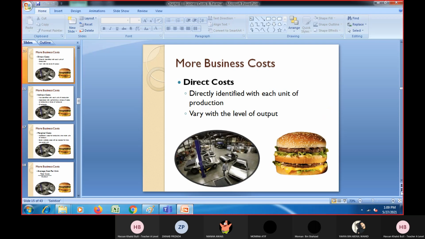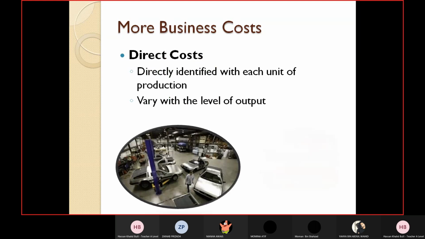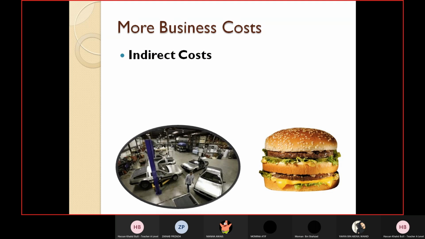Good. So moving onwards. Now we have talked about the direct cost. Now let's talk about indirect cost. Exactly opposite of direct cost. Indirect cost is a cost which cannot be directly related to a cost object. Now think about the meat used in the burger. You can see the burger now? So the meat or vegetables used in the burger, you can identify what cost of vegetables and meat is being used in a burger. This is a direct cost,